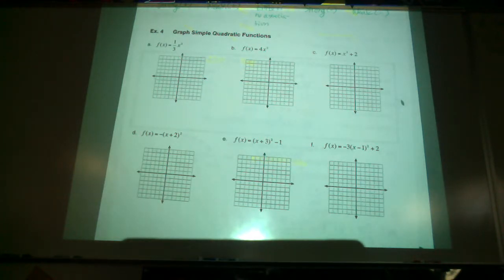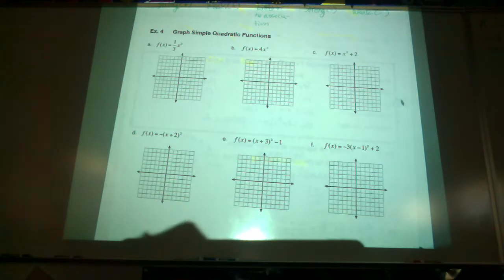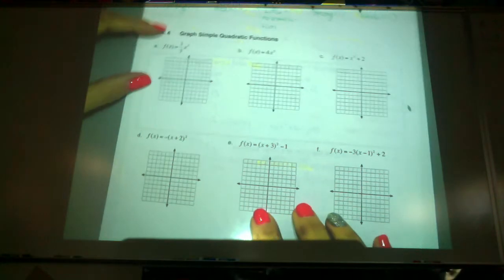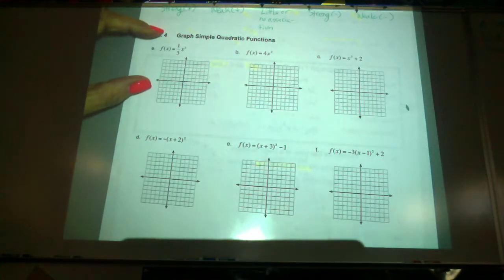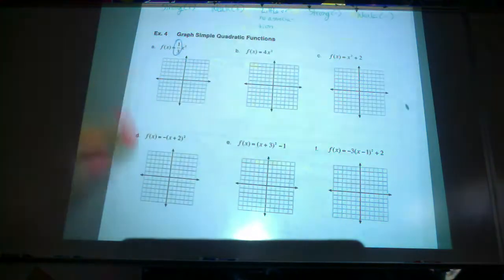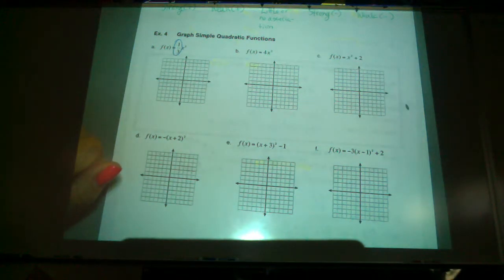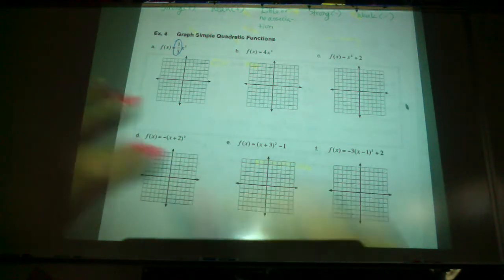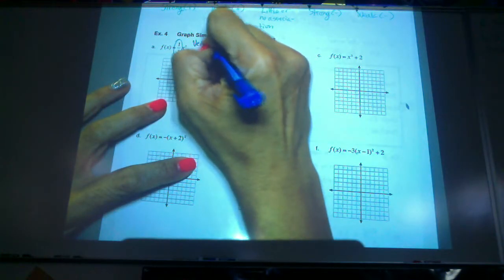So look at the first one. That's all right, I'll do it for you. So look at the first one. What's happening here? What translation? What's that 1/3 on the outside doing? What is it doing? Shrinking it how? Vertically or horizontal? Vertically, isn't it on the outside? Right? So this is a vertical shrink